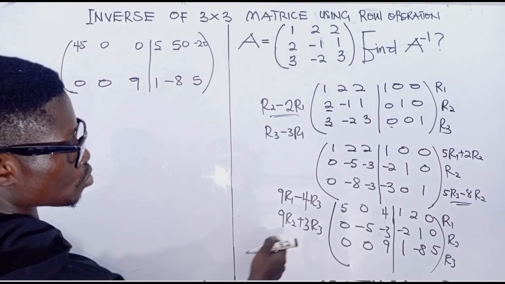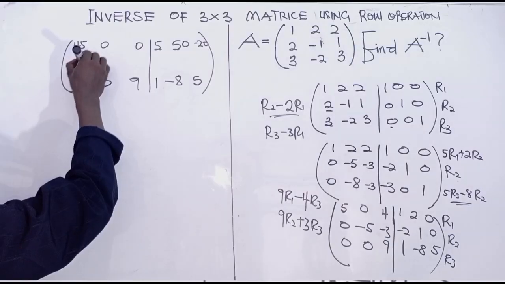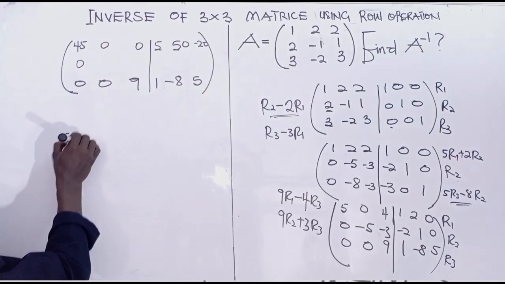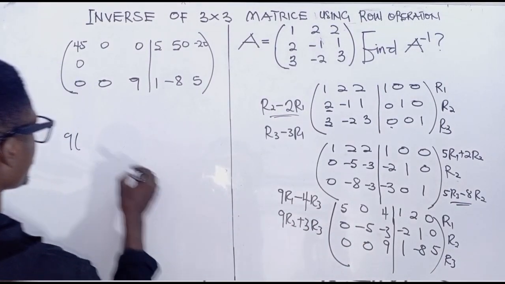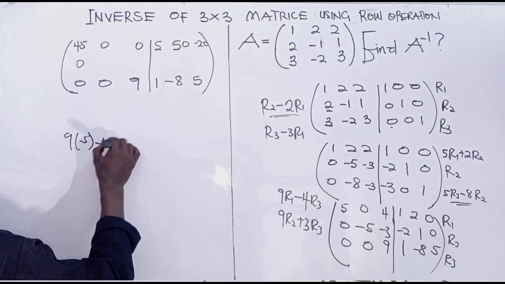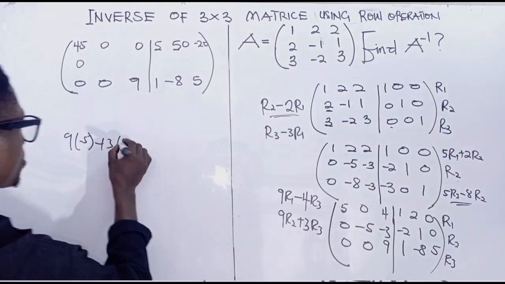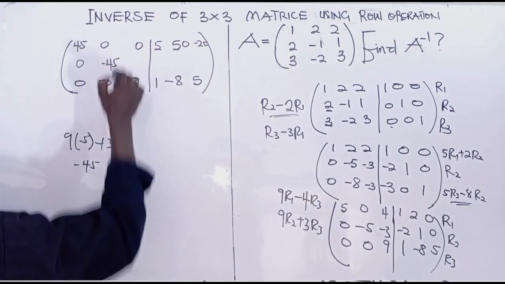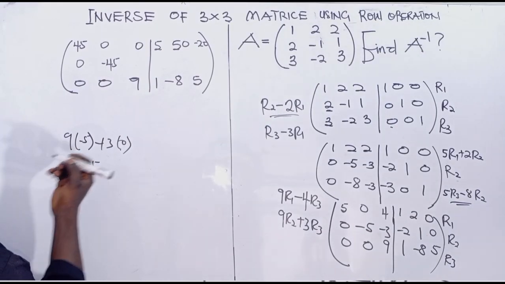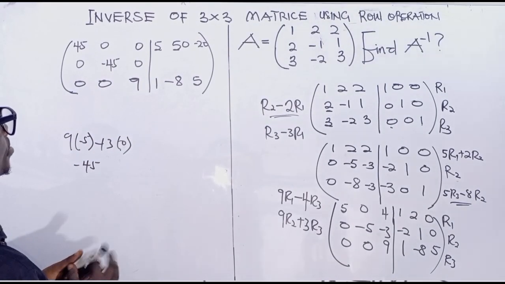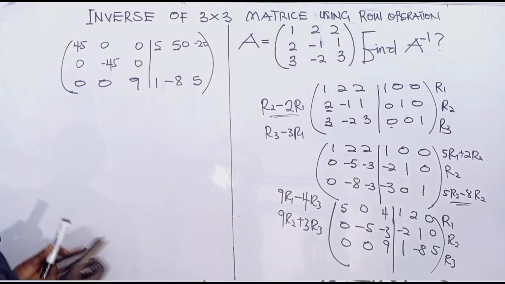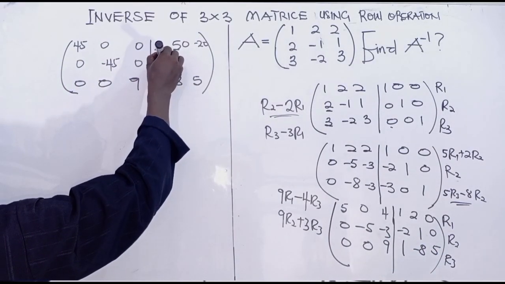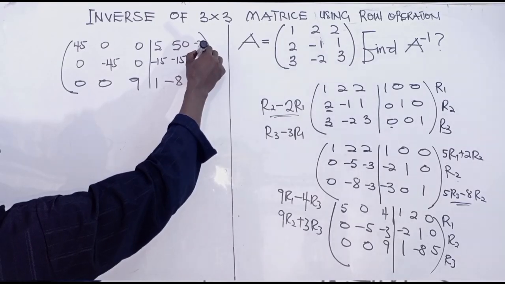So let's look at row 2. Definitely this is going to give us 0. And then we have 9 row 2. We are looking at this. So we have minus 5, and then plus 3 row 3, which is 0. So we are going to get minus 45. Definitely, this is giving us 0. Now, when we apply the rule on the rest of the entry in row 2, we are going to get minus 15, and then